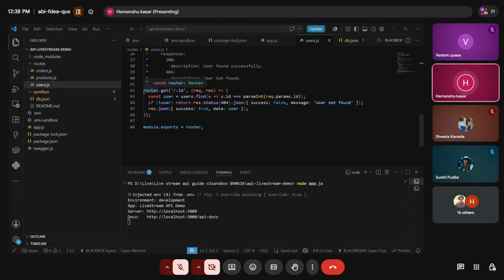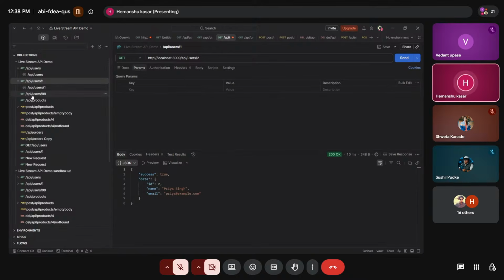So as we are able to see, I have defined the ID, and using that particular ID we are able to receive that particular person's data. This is the code we have performed here.